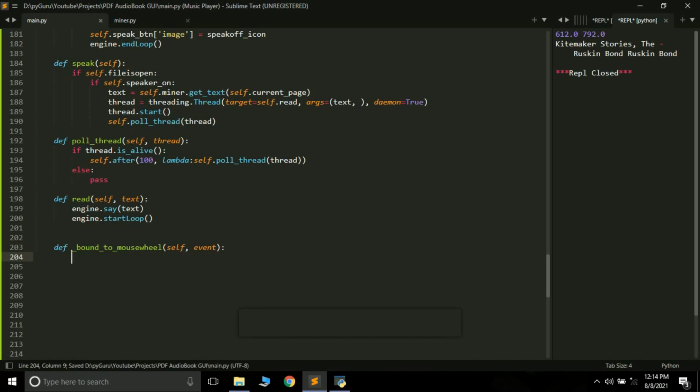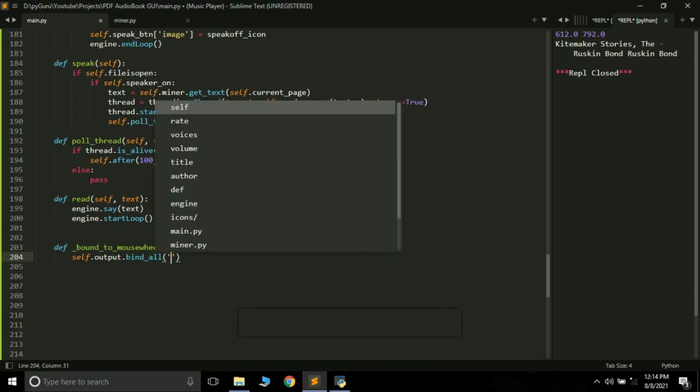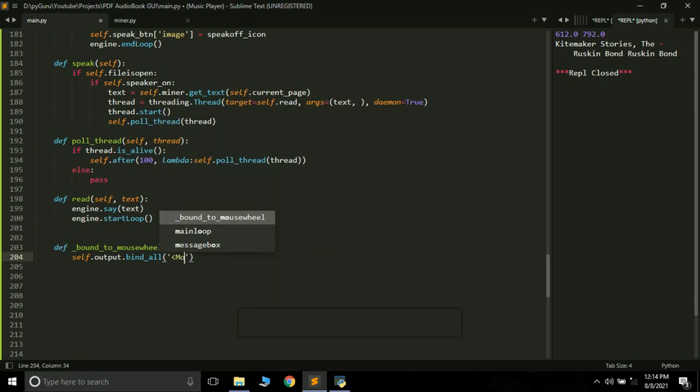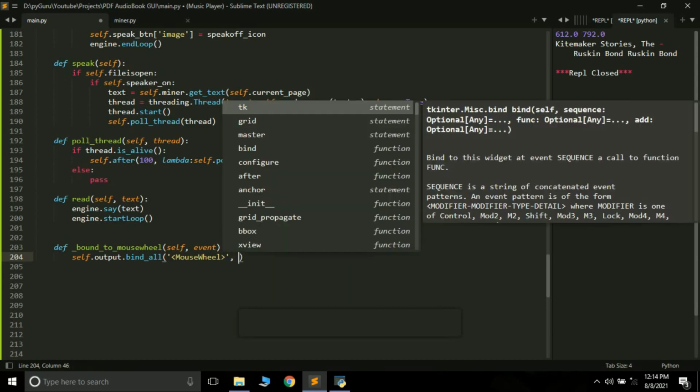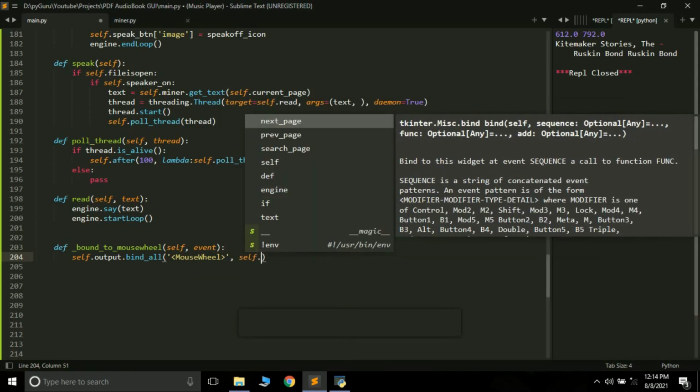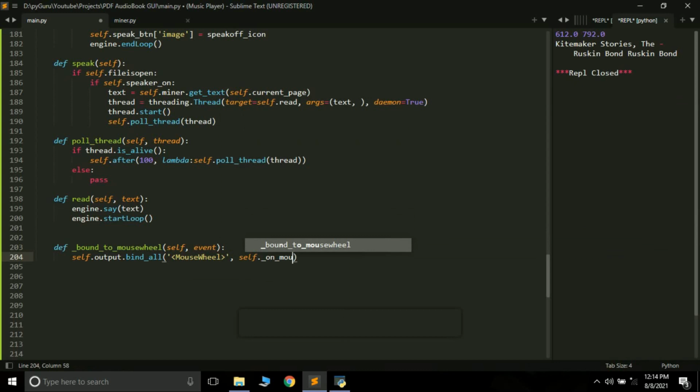So self.output.bind_all, and here we want to bind the mouse wheel to self.on_mouse_wheel. This will be a method that we are going to create in a minute.